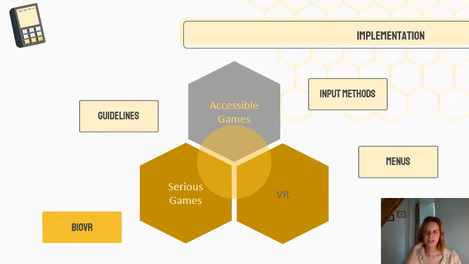So first I would like to introduce the game I worked on, and it was used as a kind of proof of concept for this work, and it's still in development. It was developed by Manuel Fankenel, and I only adapted it to my needs. I changed the game to be playable in VR without hands, but I tried to change it as little as possible to keep the gameplay the same.